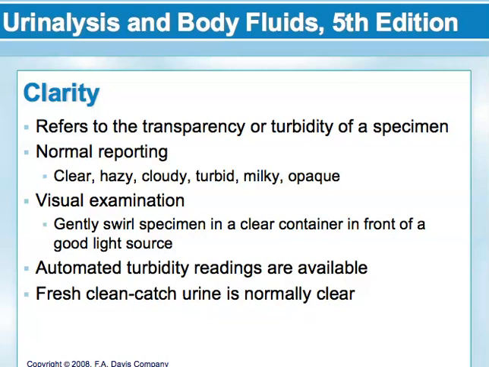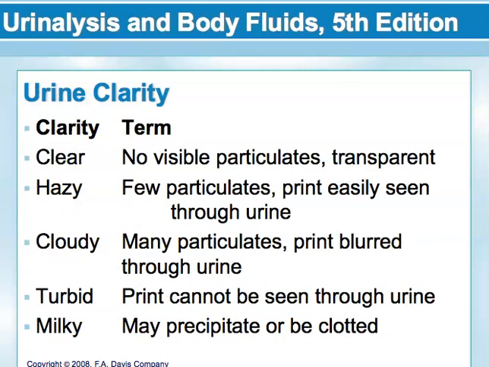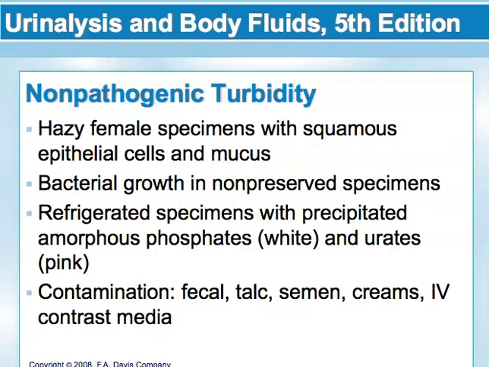Okay, normal clarity, freshly voided urine is usually clear, but a white cloudiness can occur when amorphous phosphates have precipitated in the urine. Non-pathogenic turbidity. So squamous epithelial cells and mucus often cause turbidity, especially in samples from females. Turbidity can also be seen on specimens that are allowed to stand at room temperature or refrigerated, and that's due to either bacterial growth that is not representative of the actual specimen or of amorphous